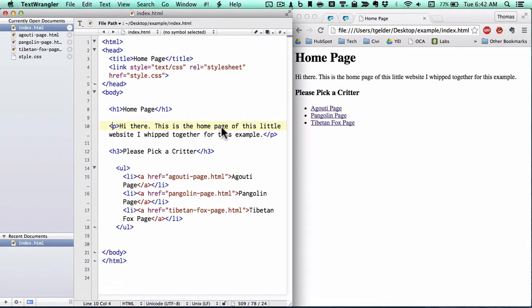So this here is the code for the home page. See, it says home page. There's the paragraph. Here's another header that says please pick a critter. And then it has this unordered list. You know, it's an unordered list because it's a list with bullets. And each item is a link to those individual pages. So if I were to click Agouti page, it would activate this link. And the reference to that link is